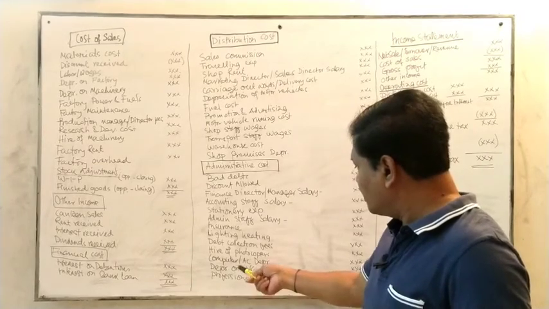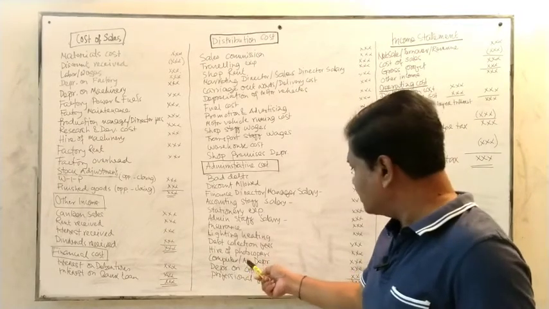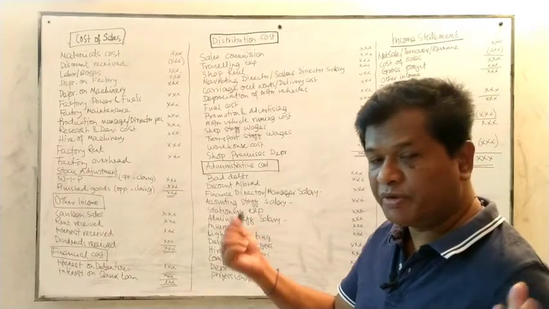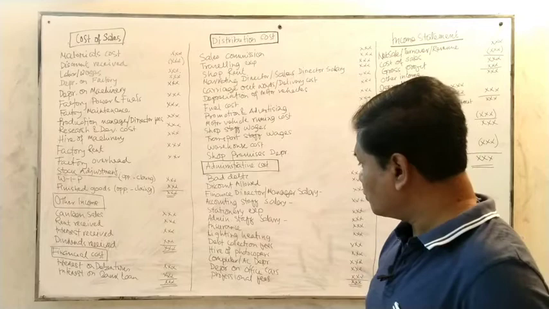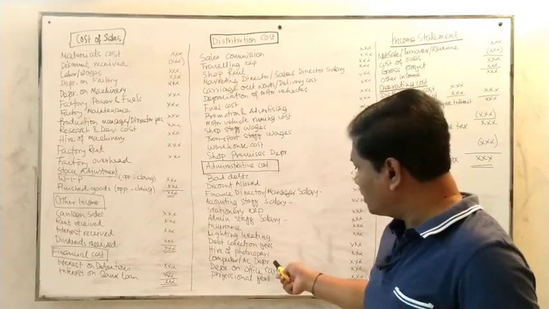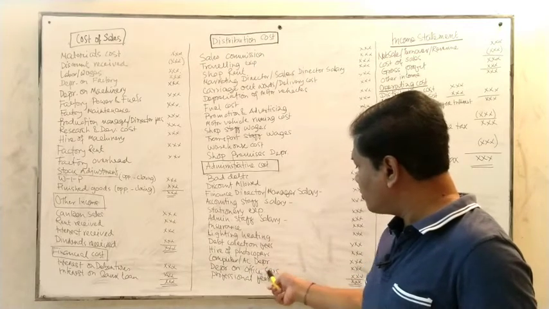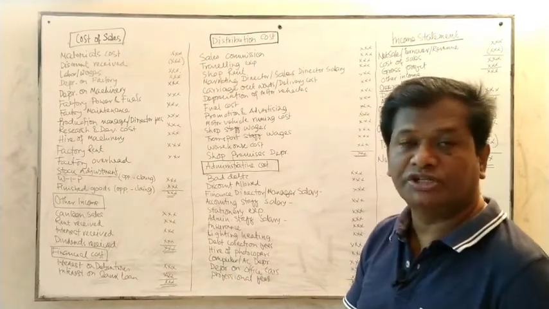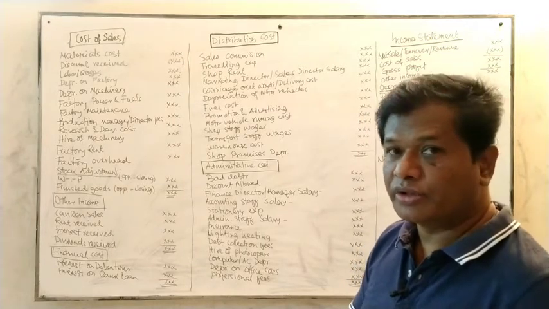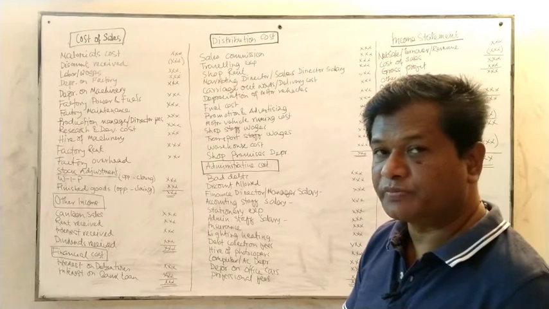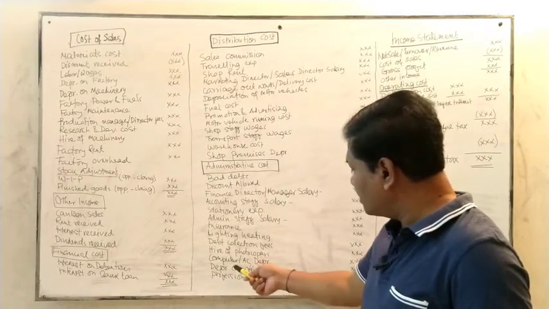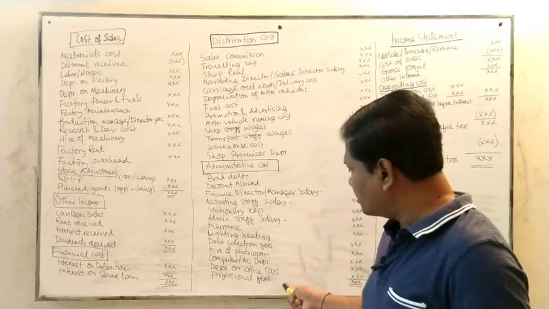Then there are computers, ACs, or other devices used by the business, maybe the laptops. So that depreciation is to be written under the administrative expense. Then the depreciation on office cars. Maybe a lot of officers in the administrative office have cars, so the car depreciation is also written as administrative expense. This is the depreciation on office cars.